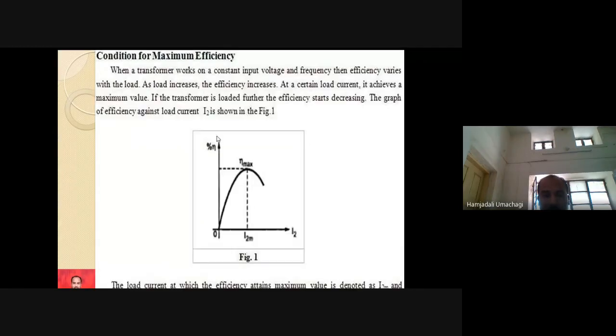So whenever iron loss is equal to copper loss, then during that period of time we will be getting maximum efficiency. So its maximum efficiency graphical representation is this one. When we get Pi equals I2 square R2E, that is, iron loss equal to copper loss, during that period of time the transformer will give us maximum efficiency. Okay.